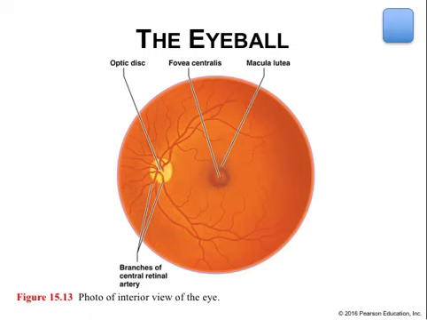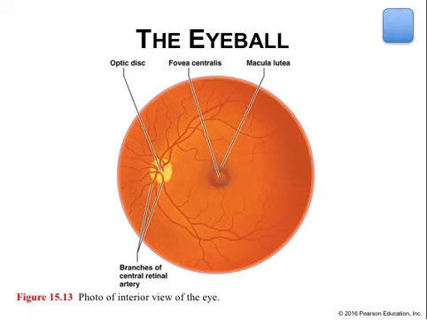The fovea centralis is a region of the retina that has a large number of photoreceptors and allows for detailed vision and the ability to focus on an object. The macula lutea is a yellowish central region of the fovea and has a large number of photoreceptors, while the optic disc is the location where the optic nerve exits the retina and contains no photoreceptors,